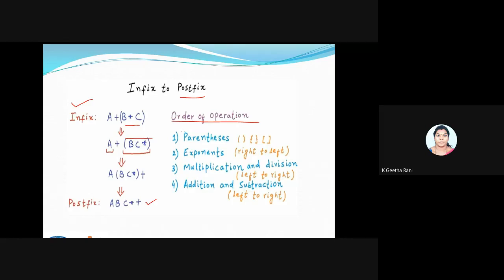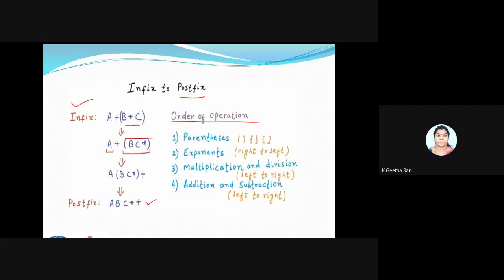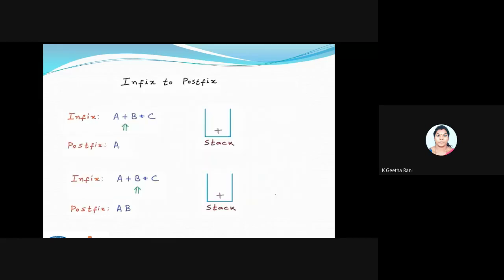Fine. Next we will try to do it in a different way. I'm going to try an algorithm for my conversion. In this algorithm, I won't be choosing the order of operators. Without this order of operator, how am I going to convert this? That is what you're going to see now. The expression I have taken is A plus B star C.